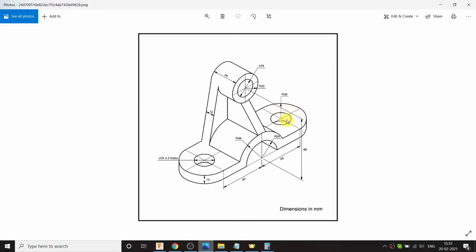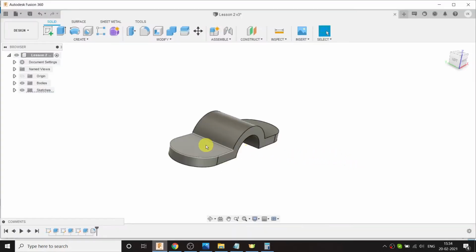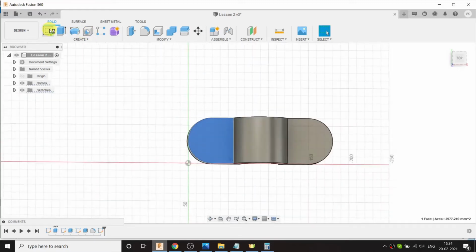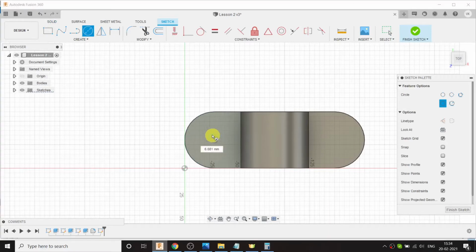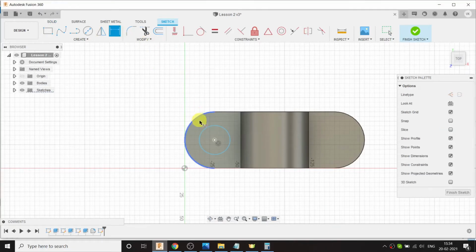Now I will create these holes whose diameter is given as 24 mm and the center to center distance is given as 60 plus 60, which is equal to 120 mm. Select the surface and make a sketch on it. Go to circle tool and create a circle here with diameter 24 mm.